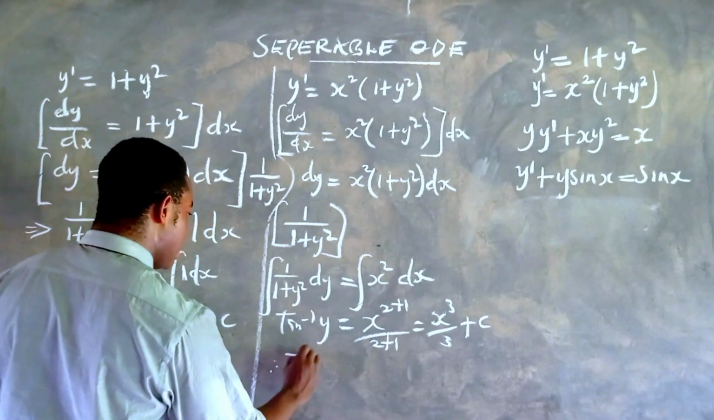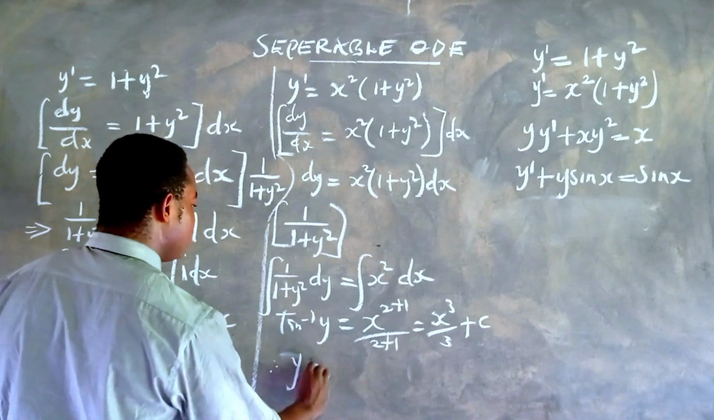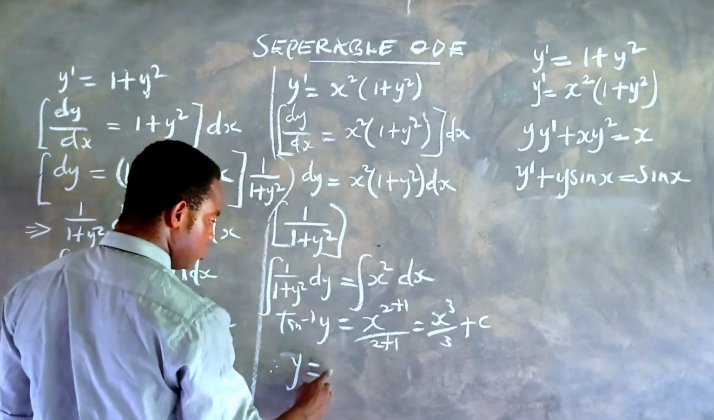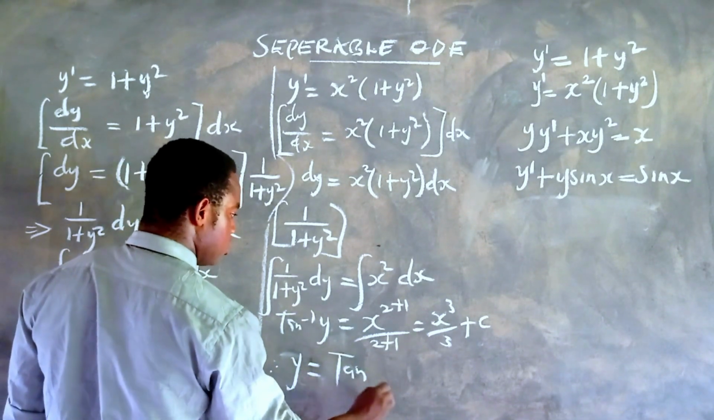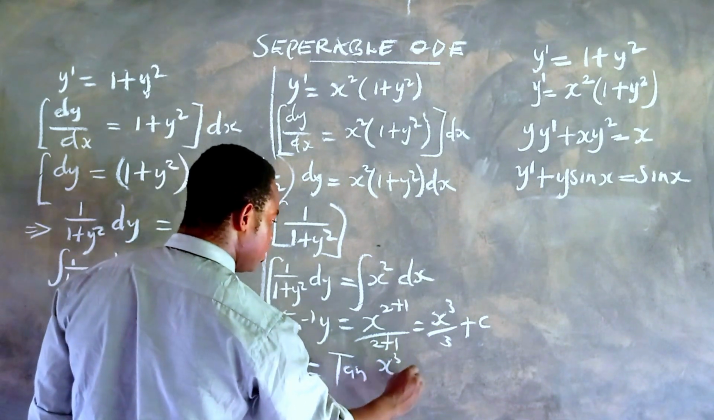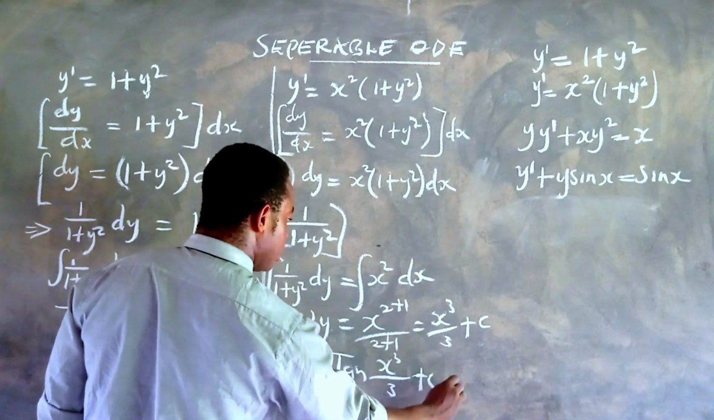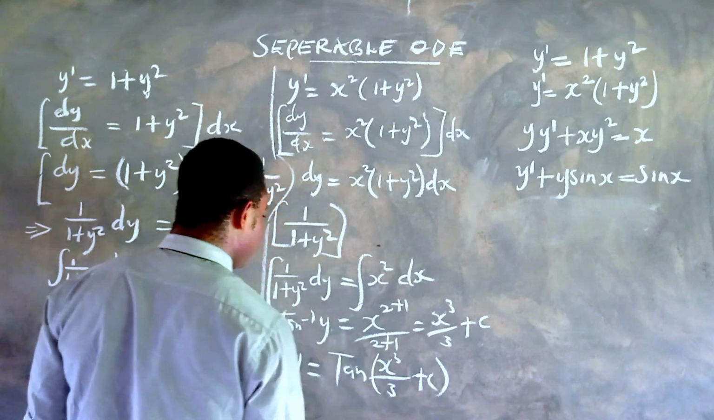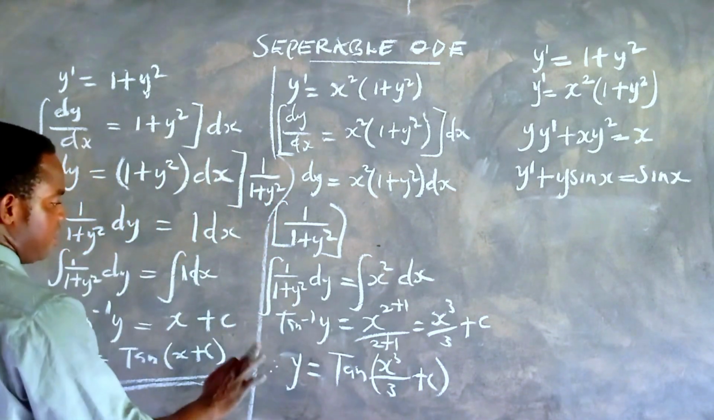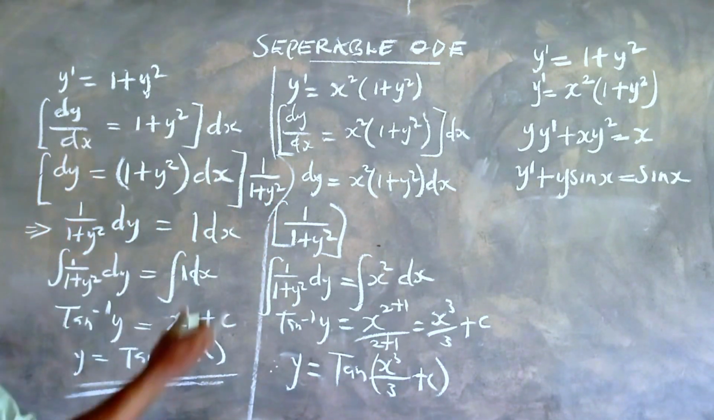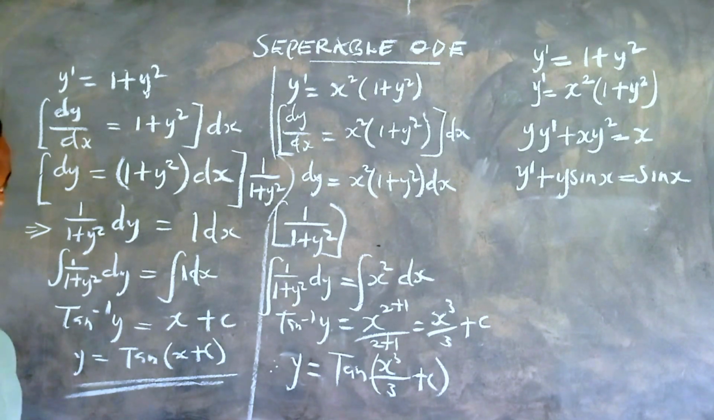It is essential when we are dealing with differential equations. When you are doing a regular integral and you forget the constant of integration, it can be forgiven. But I don't think it can be forgiven here. So when we clean things up, we have y is equal to tangent of x raised to power 3 all over 3 plus c. This is the general solution for this